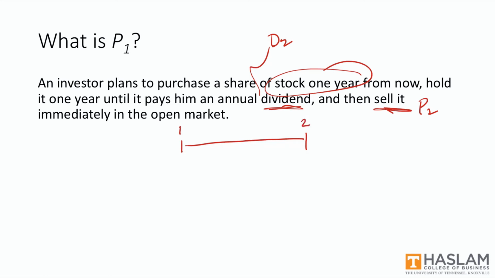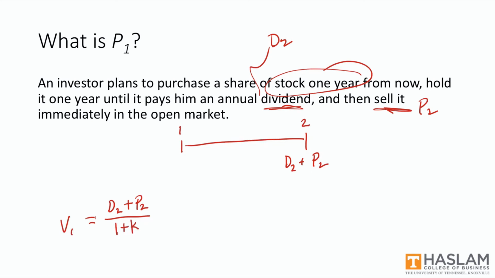And so our timeline still is a 1 period timeline, but we're looking at period 1 and period 2, and then the dividend and price that go on the timeline are D2 and P2. Now, we're solving for V1 instead of V0. That is the expected intrinsic value at time 1. And so the intrinsic value at time 1 is D2 plus P2 in the numerator,